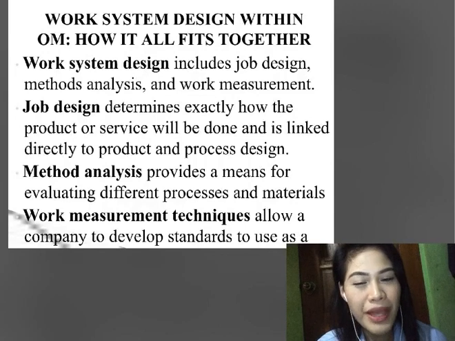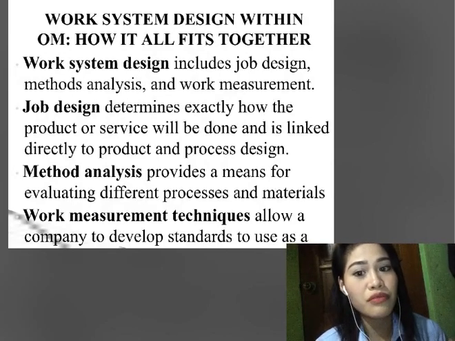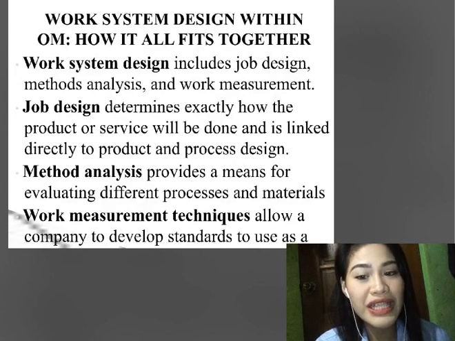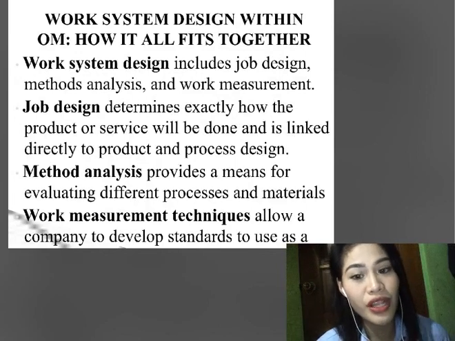Based on the type of product, standard or custom, and its proposed process, so if it's mass producing or producing one at a time, a company determines the skill set needed by its employees, as well as the